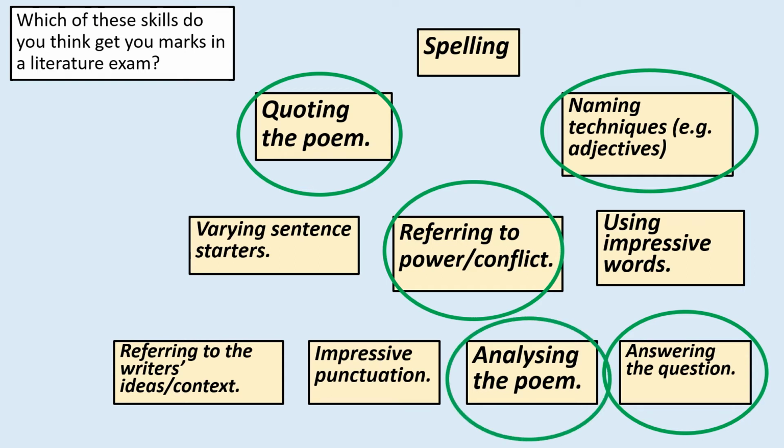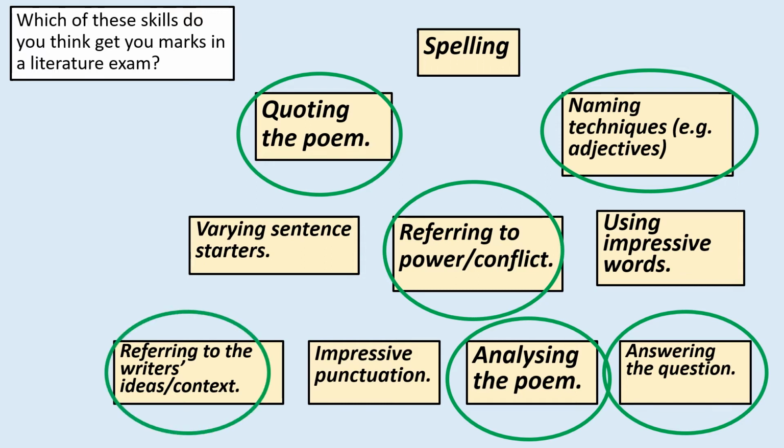The biggest thing you get marks for is analysing the poem. This is the bit where you show off your working out. This is the one bit where English is a bit like maths. In maths, you get lots of marks for showing how you've worked out an answer. In English, it's exactly the same skill, only you've got to say how you've worked out the answer from the quotation and use your analysis skills to demonstrate your thinking. That's all analysis is. It's demonstrating your thought process and how you've worked an answer out. We'll give an example of that shortly.